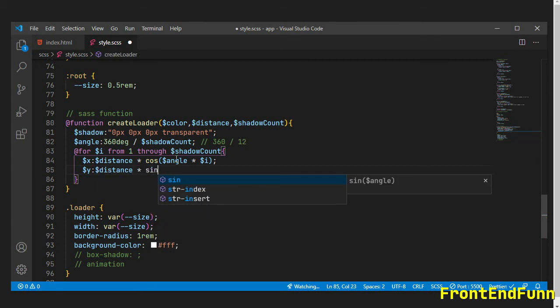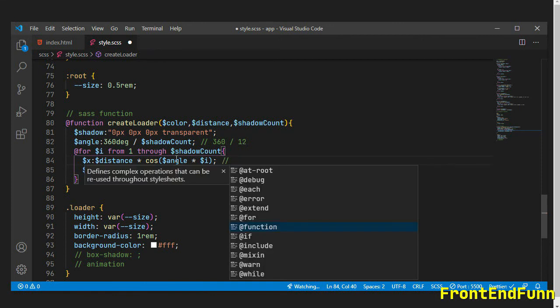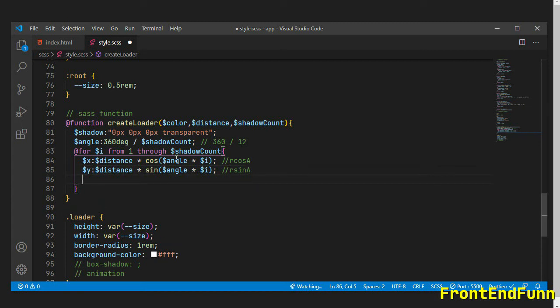Distance times sine of angle times $i. Okay, so these are basically trigonometric formulas, r cos theta and r sin theta, where r is the radius, and the sine of the angle and cos of the angle. Okay,